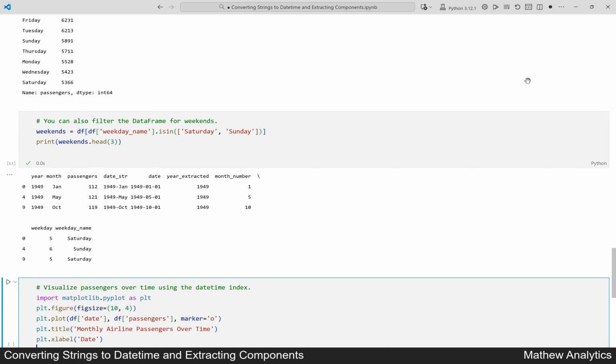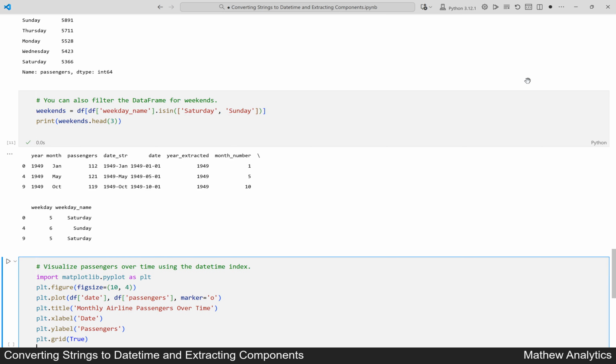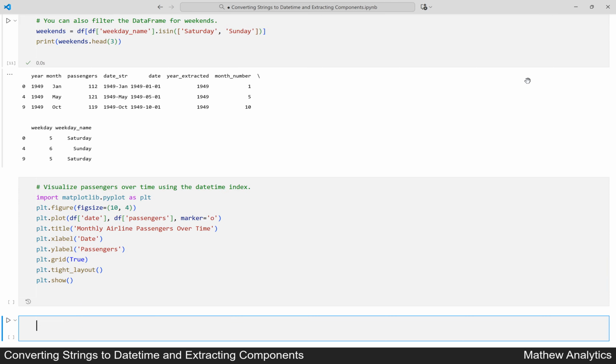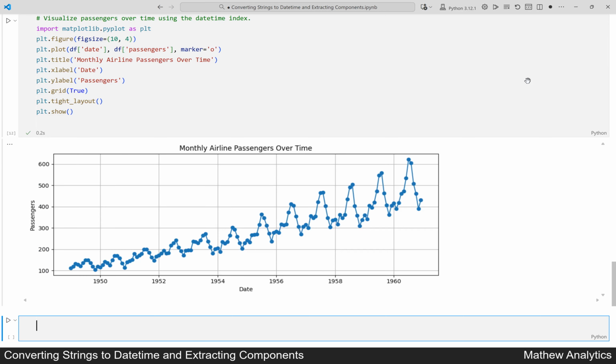Add a label to the y-axis too. Turning on grid lines helps make the values easier to follow visually. Tight layout prevents text from overlapping. And finally, we display the chart. Running the cell now. This plot shows how the number of airline passengers changes month by month over the entire time period,